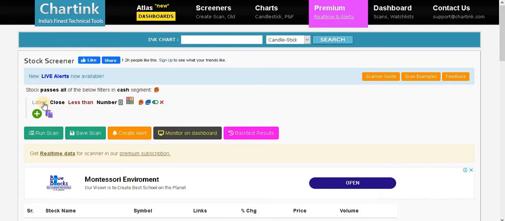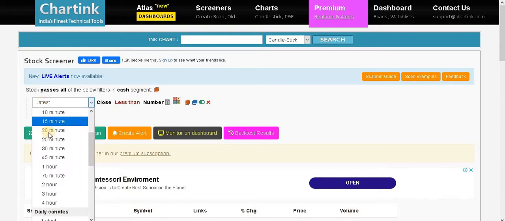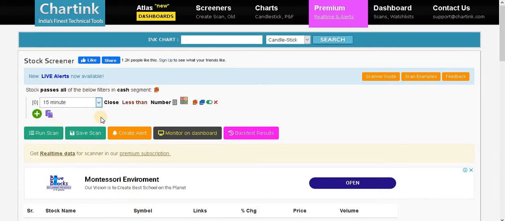Now in the latest field, we'll select 15 minutes. We need to cap our reading to the 15 minute time frame so that it gives us a better picture.